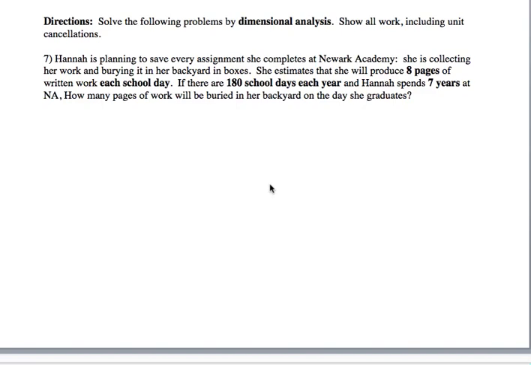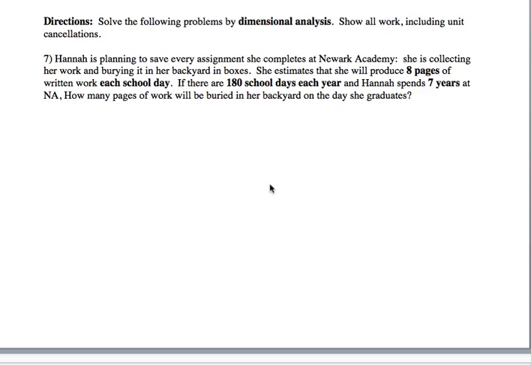These are just some of the problems that you had for homework that some people struggled with. So I'm just going to go through the answers with you guys. So this is number 7, the first word problem from the worksheet we had that was all focused on dimensional